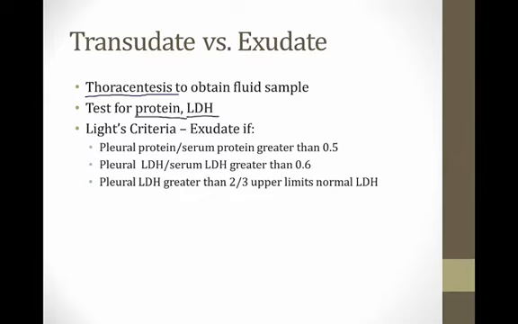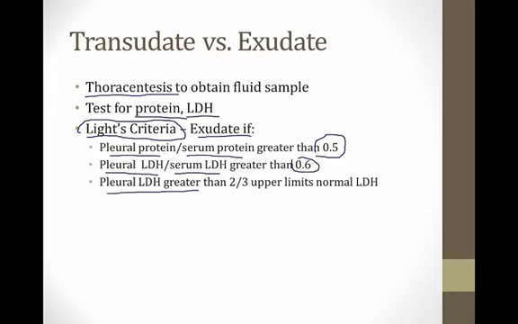It turns out that the level of these two markers in the pleural fluid can help you distinguish transudative from exudative effusions. Once you get back those levels, you're going to use something called Light's criteria. So Light's criteria says it's an exudate if one of three things is present. The first thing is a pleural protein level to serum protein level greater than 0.5, so this is a ratio. Second thing is the ratio of pleural LDH to serum LDH greater than 0.6. And then finally, it's an exudate if the pleural LDH is greater than 2/3 the upper limit of normal for